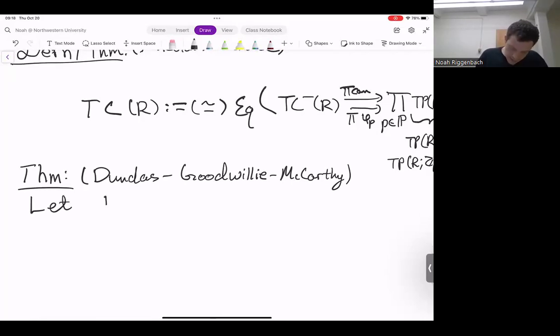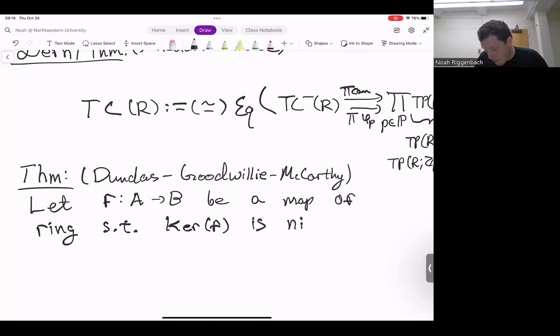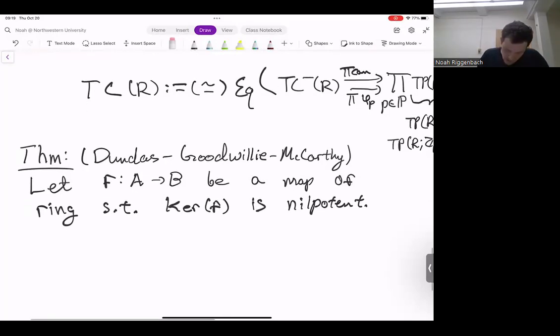So let f from A to B be a map of, well, at the end of the day we're only going to care about discrete rings, so let me just state this theorem for rings. It's true much more generally, but let me not worry about this. Of rings such that the kernel of f is nilpotent. Okay. Then